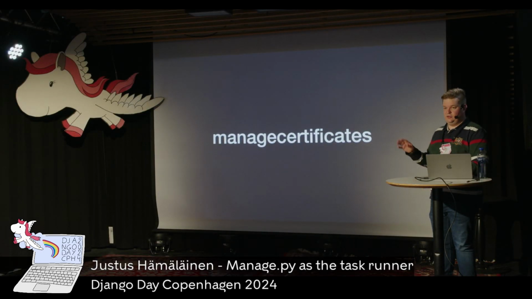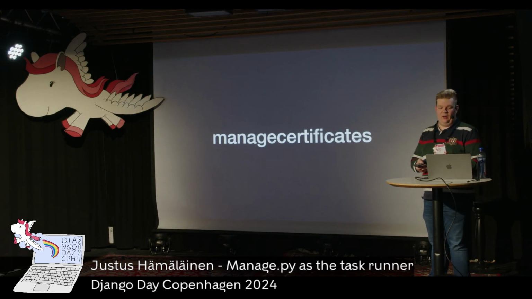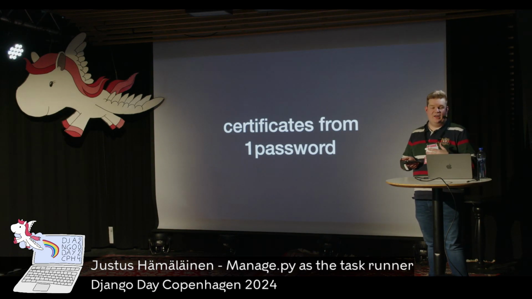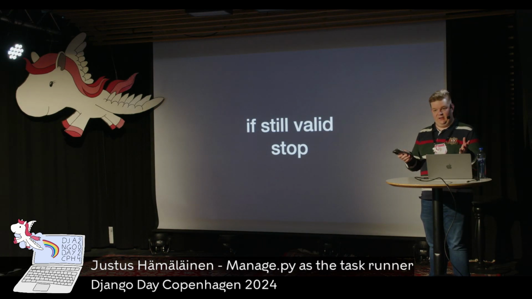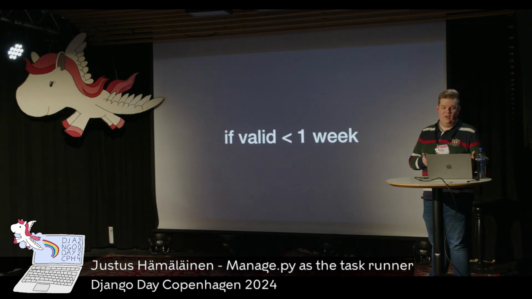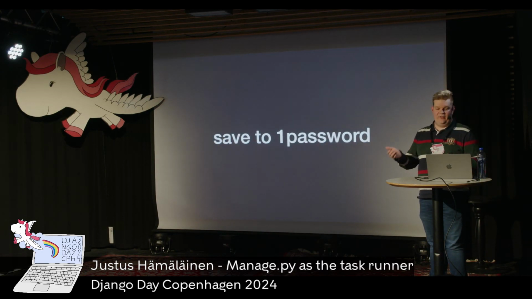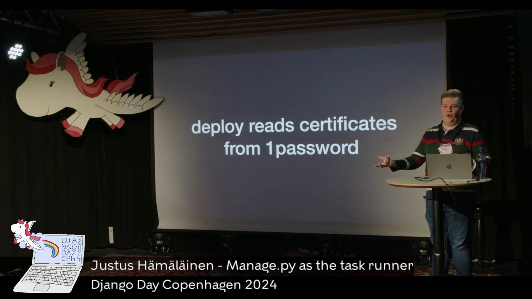And I'll tell you one case where we use it. It's part of how we handle certificates. So we have a GitHub action that is basically just a time trigger, and it calls manage.py manage certificates. It pulls certificates from 1Password. If they are still valid, it doesn't do anything. But if there's less than 1 week validity on them, it generates new certificates with DNS challenge and saves them to 1Password. And now our deploy process can read them from 1Password and set up on the